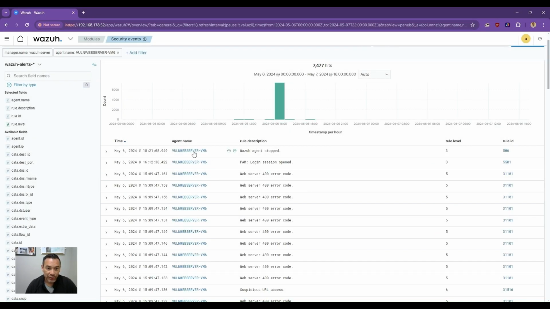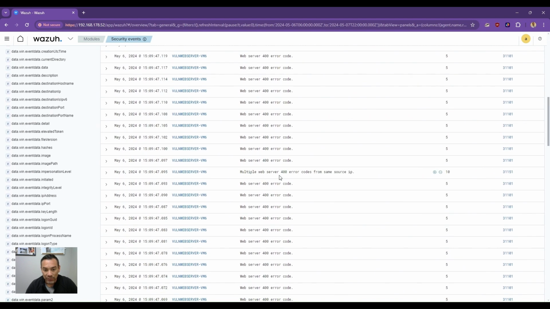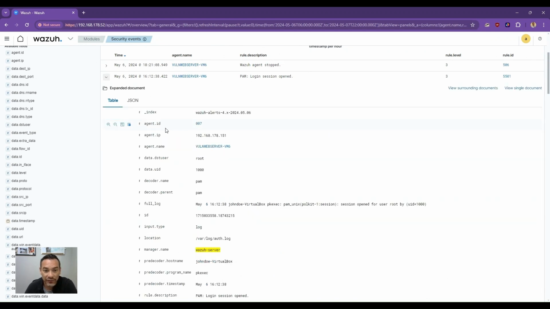We decided to narrow in on this vulnerable web server VM6 because it's one of our most valuable assets and because it had a high number of alerts sounding off from our visualization. So we're going to go in, and the first thing we notice is this web server 400 error code. We got a lot of them. We know from our experience that they're doing something wrong or they're requesting something that's not there,